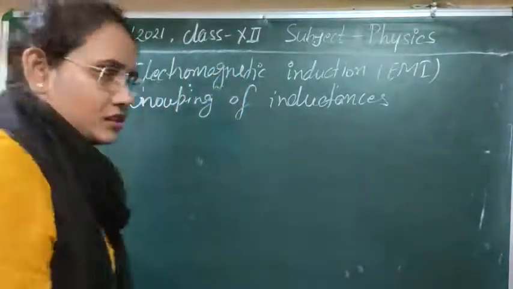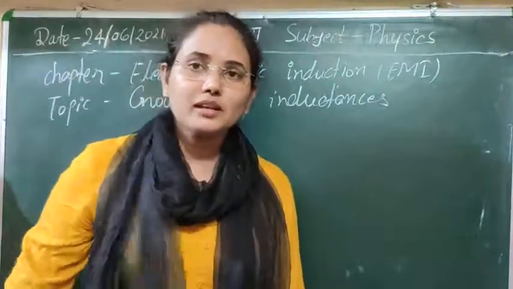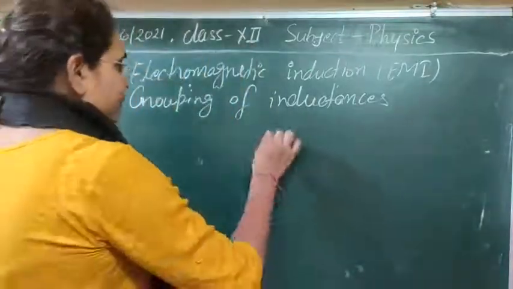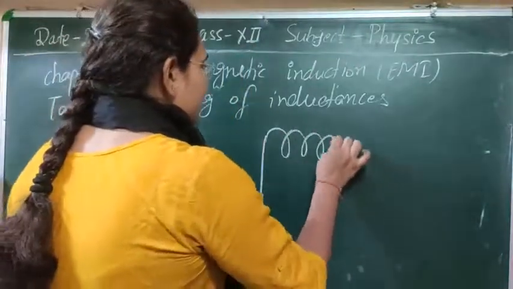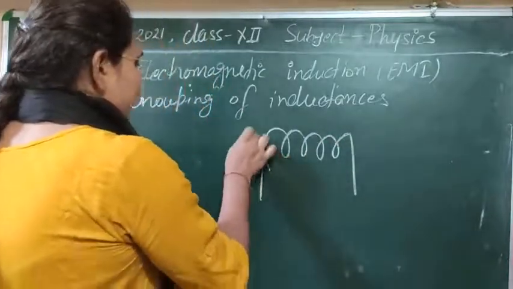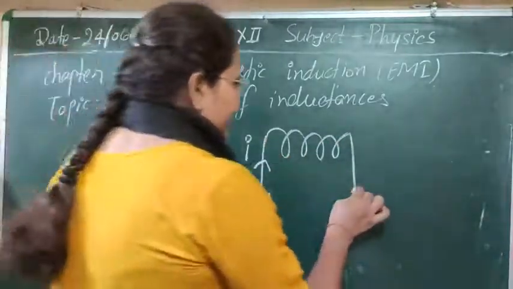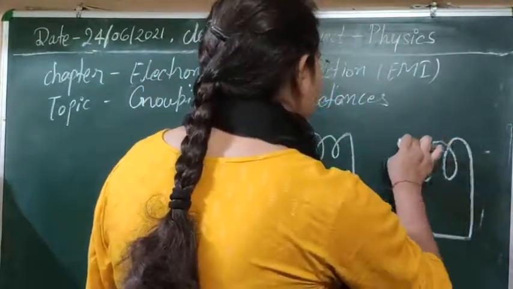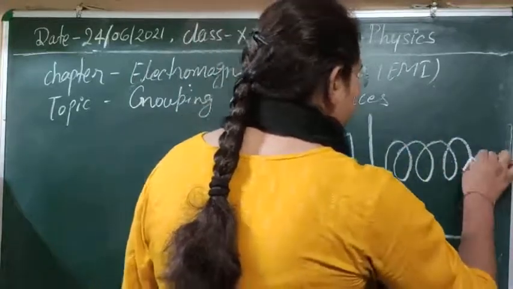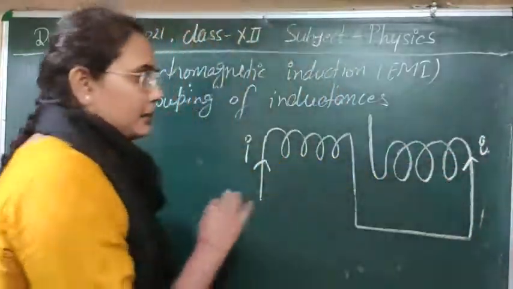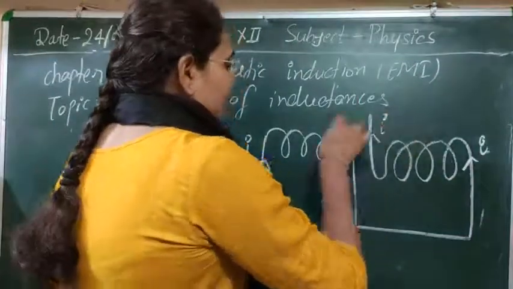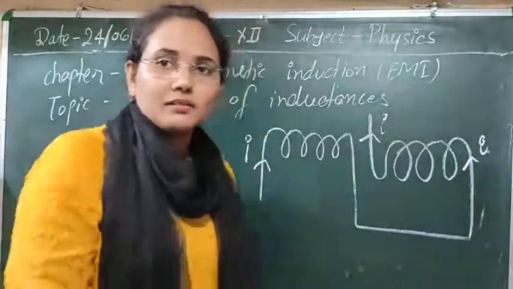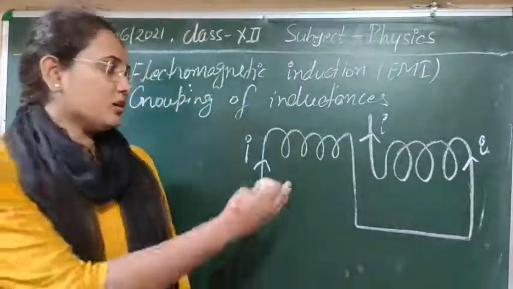So now we are still studying the series combination of the two inductors. In the second case, suppose this is the first coil, and current I is flowing here. Now in the second coil, we have coupled in such a manner that the current is flowing in the opposite direction. Means from here, I current is entering here. In the previous one, I current was leaving through here and entering through here, but this kind of coupling is now different. We can also couple in this way.